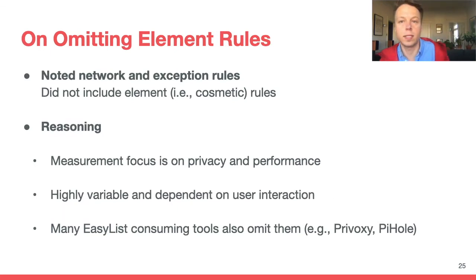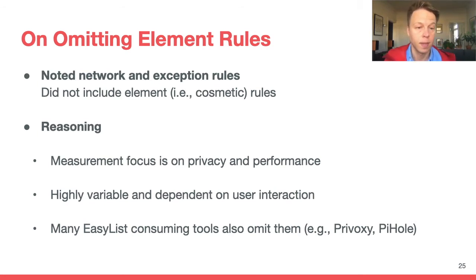Finally, I want to discuss a little bit why we omitted element rules from the study. We didn't do so for several reasons. One is because the primary interest we had in the study was to understand the privacy and performance implications of EasyList. And element hiding rules wouldn't affect either of these. In modern browsers, even hidden elements are still loaded, although sometimes with a lower priority. So the same resources get loaded even if you're hiding some elements, which made element rules not relevant to privacy